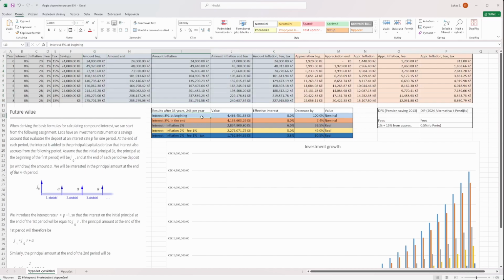So if we just take 8% and we immediately calculate the interest, and then you have interest from interest and so on. So effective interest rate here is 8%. It's called nominal because we are not taking into account inflation or fee or tax. So then we will consider this as 100%. So we are investing just 24,000 every year, and after 35 years this number will grow into 4 million and